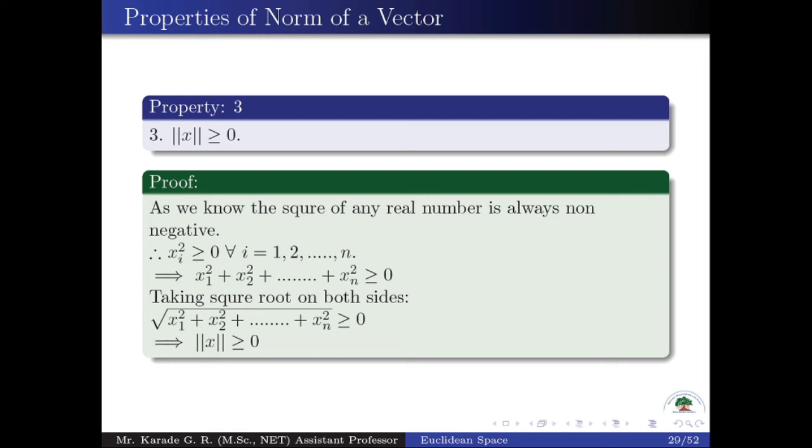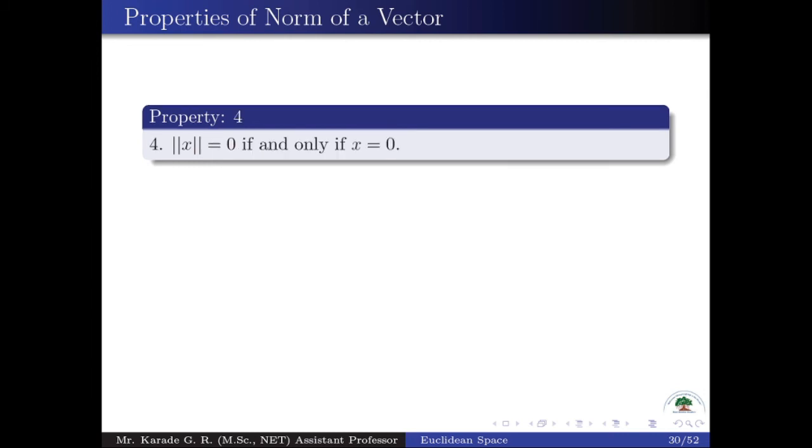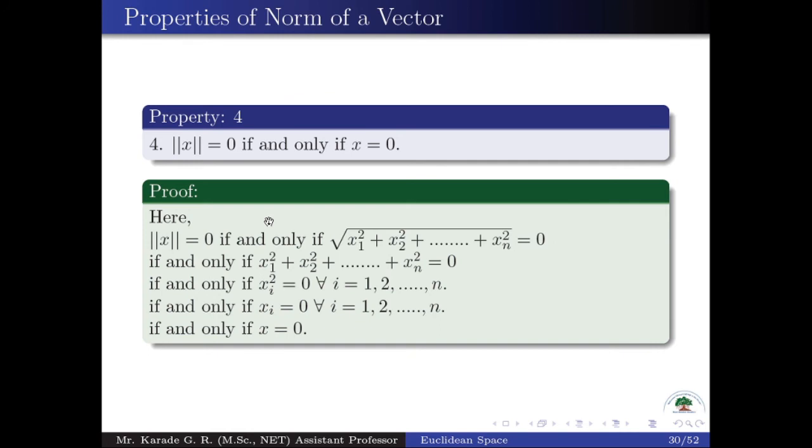Okay, these properties are very simple. Let us take the property number 4. Property number 4 says that norm of a vector x is equal to 0 if and only if that vector x is a 0 vector. So it is very simple. Here, suppose consider the norm of vector x is equal to 0. So by definition, what is the norm of vector x? So norm of vector x is equal to 0 if and only if we have a square root of x1 square plus x2 square plus dot dot dot plus xn square equal to 0, because norm of vector x is nothing but square root of summation of xi squares and is equal to 0,